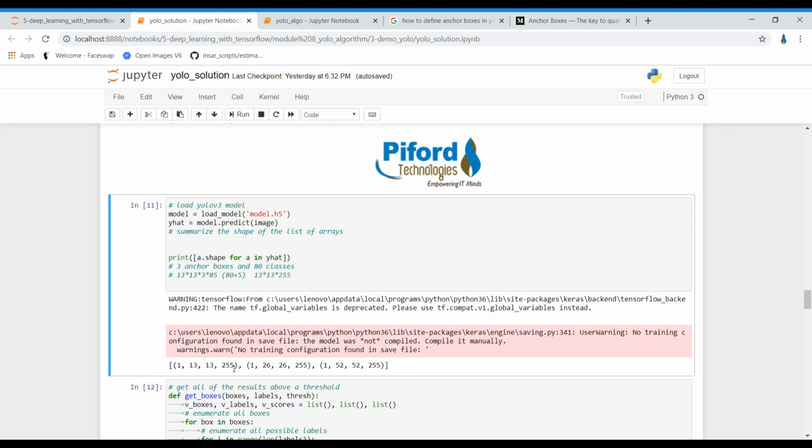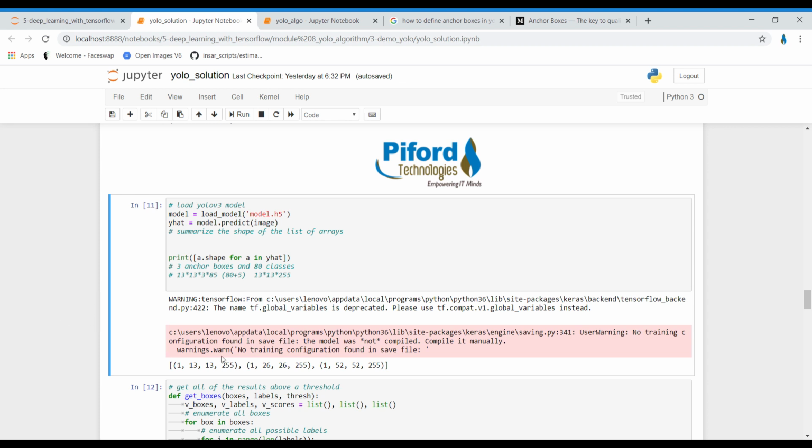Whenever we draw a bounding box, the parameters of the bounding box are like this. We have bx and by, which is the center of the bounding box, and then we have bw and bh, which is the width and height of the bounding box. That means four parameters are for creating a bounding box: bx, by, bh, and bw. And then we have one parameter c, which tells us whether there is an object in a cell or not. So we have 5 parameters now, and after that we have 80 more values because we have 80 classes, and for every class we'll have one parameter.